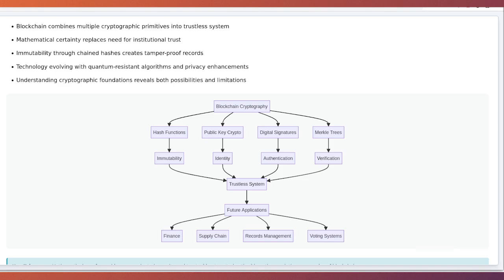The fundamental cryptographic principles we've discussed will remain relevant because they are based on deep mathematical truth. Whether blockchain ultimately revolutionizes finance, governance, or other sectors, understanding its cryptographic foundation helps you appreciate both its possibilities and its limitations. The math doesn't lie, doesn't forget, and can't be corrupted. That's the promise of